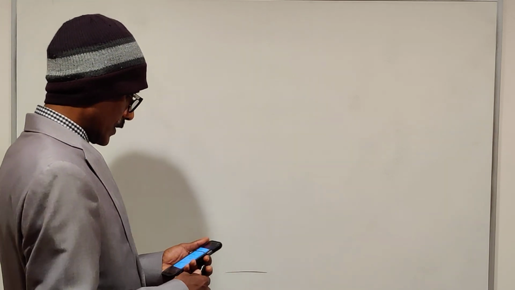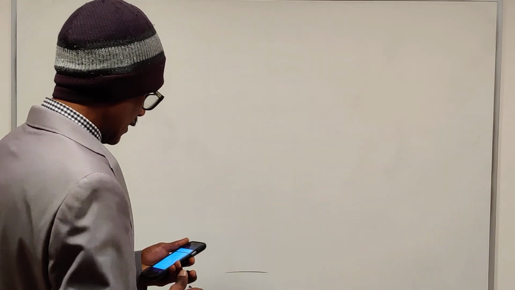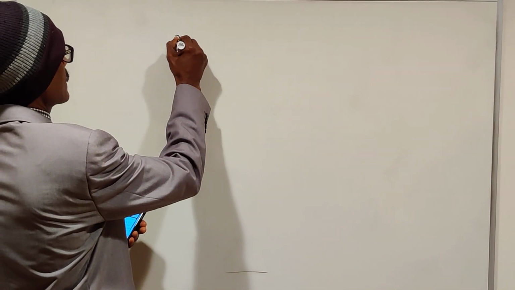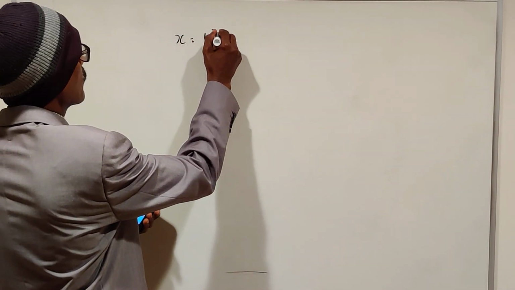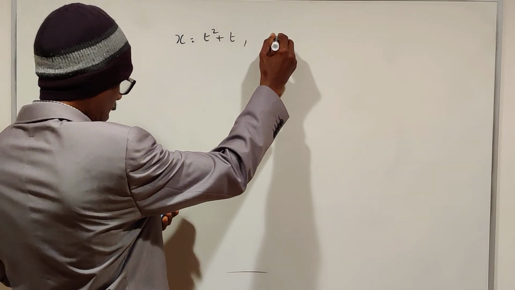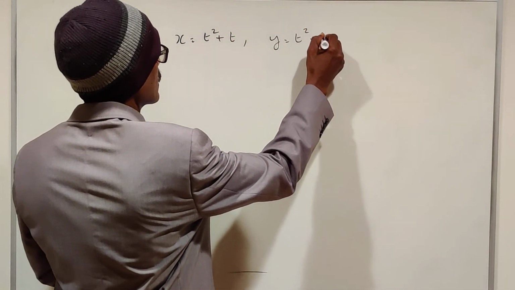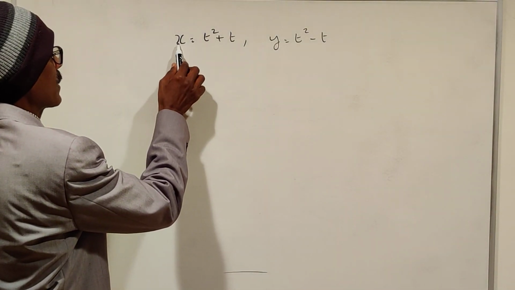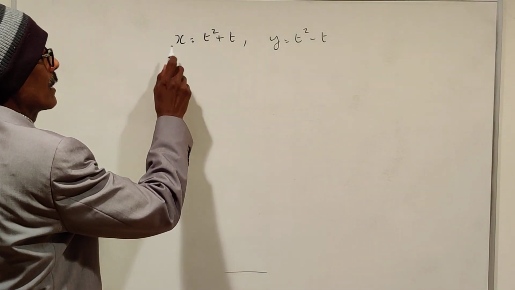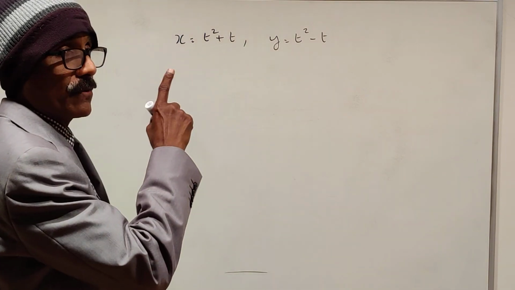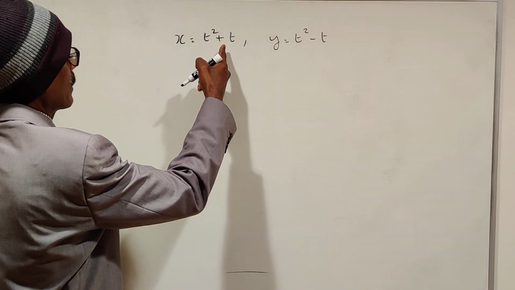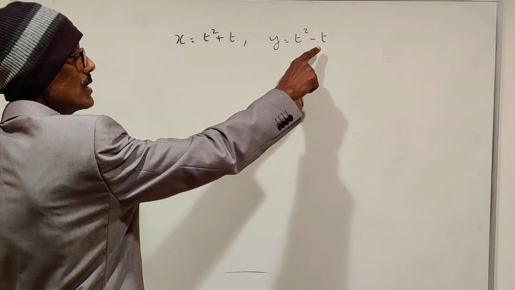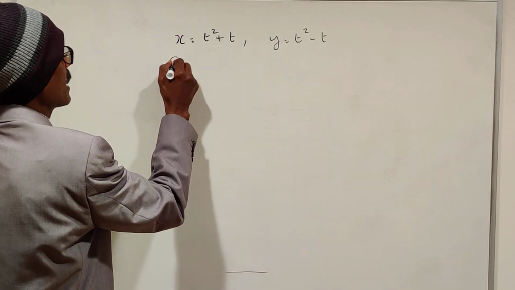Alright, first one: x equals t square plus t, y equals t square minus t. Here there are two functions, x as a function of t and y as a function of t. We need the differentiation of x with respect to t, and the differentiation of y with respect to t. Okay, dx by dt